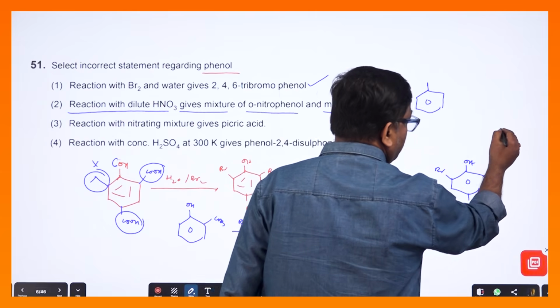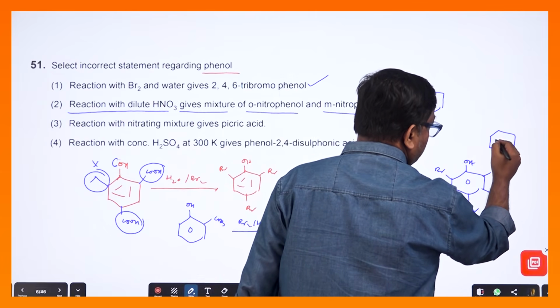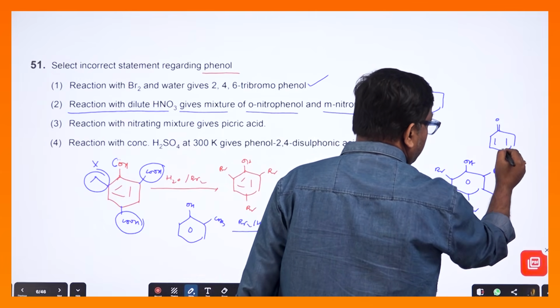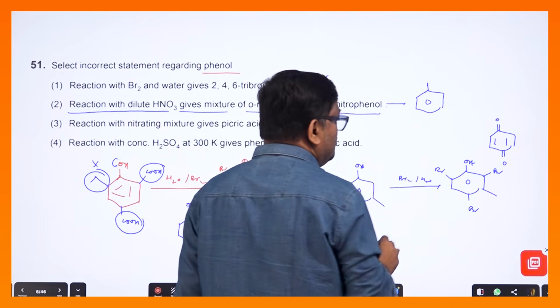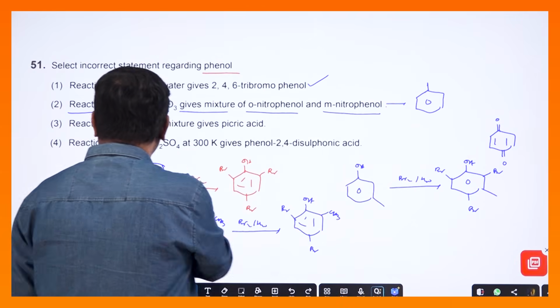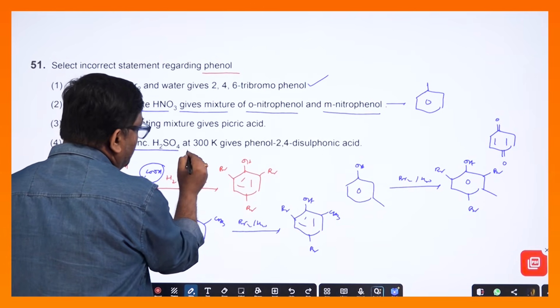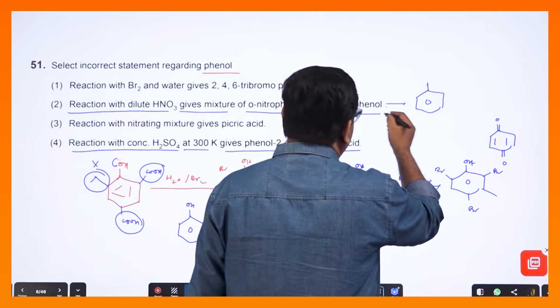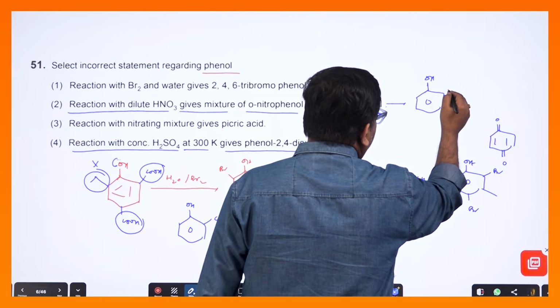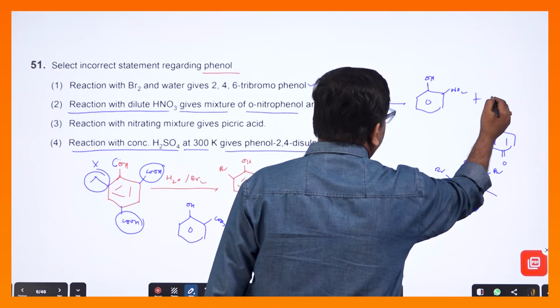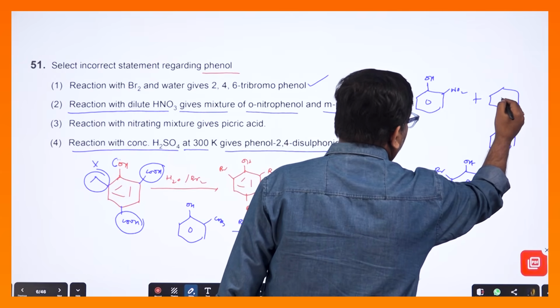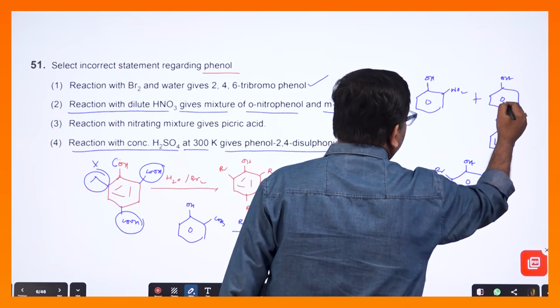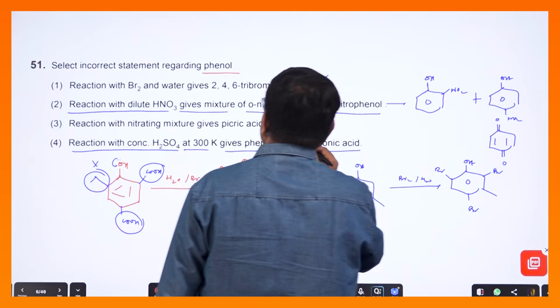মানে এই প্রোডাক্টটা মেজর হয়ে যাবে, তখন দেখিয়ে দিচ্ছি, এই প্রোডাক্টটা কিন্তু তখন মেজর হয়ে যাবে। এমনি যদি বলে পিক্রিক অ্যাসিড হবে কি হবে না, হবে। কিন্তু বেস্ট মেথড কি? বেস্ট মেথড এখানে যেমন দিয়েছে রিয়াকশন উইথ কনসেন্ট্রেশন, তারপরে তাকে পিক্রিক অ্যাসিডে কনভার্ট করতে হবে। এখানে OH এর একটা প্রোডাক্ট পাবো, আরেকটা প্রোডাক্ট পাবো, তাহলে অর্থো, প্যারা পাবো, অর্থো মেটা কিন্তু পাবো না।